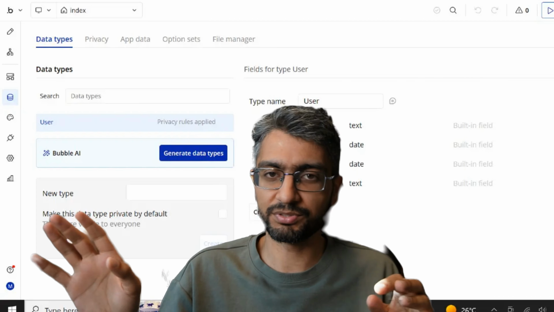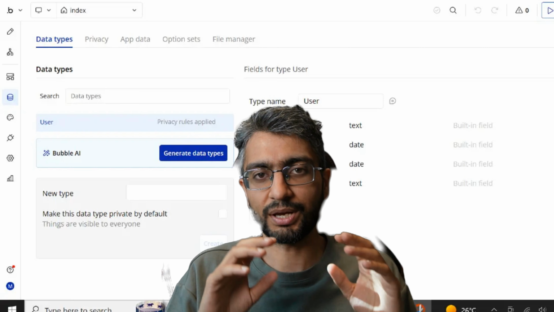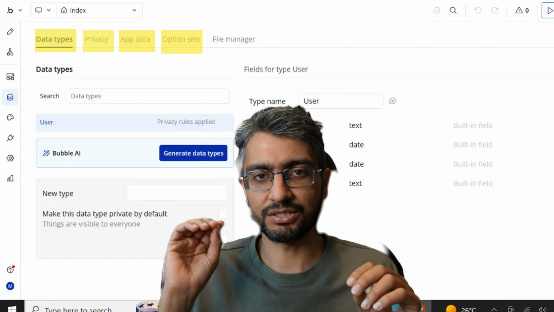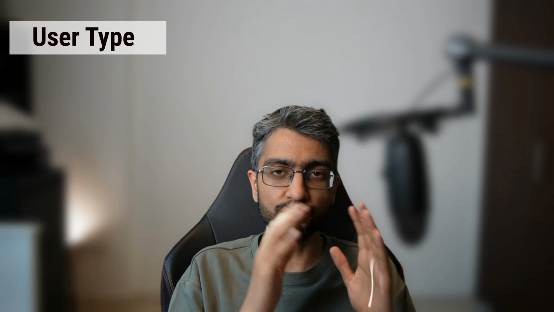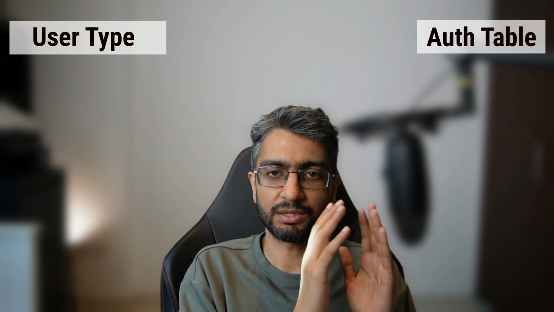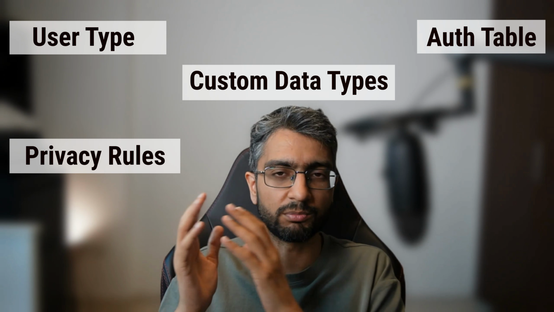We're migrating 3 Bubble apps with thousands of users to Supabase. We found that if you understand Bubble's data tab, you already understand 80% of Supabase. In this video, I'll show you how everything in the data tab exists in Supabase and much more. We'll cover how the users type becomes the auth table, setting up custom data types, privacy rules become RLS policies,